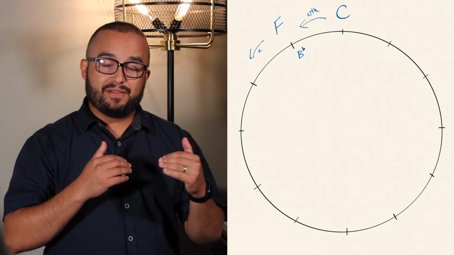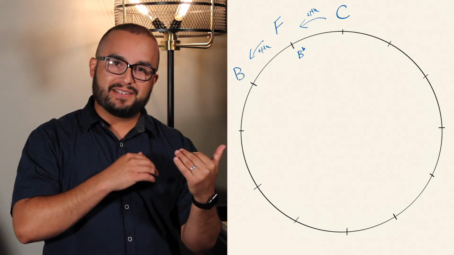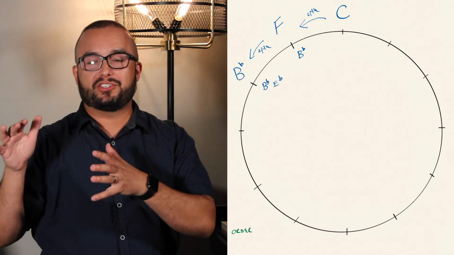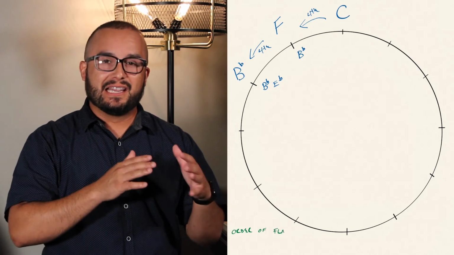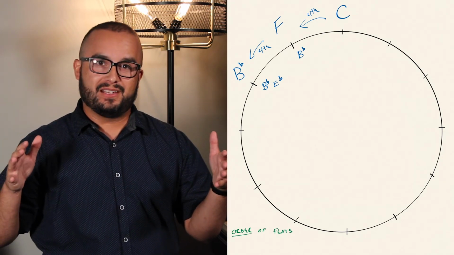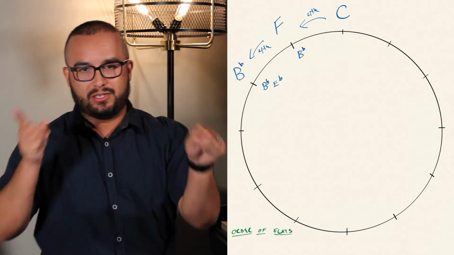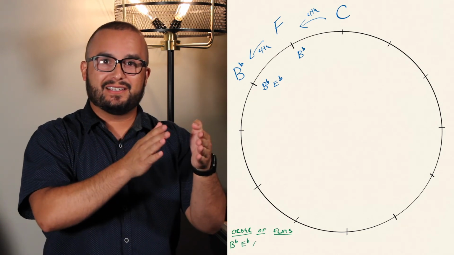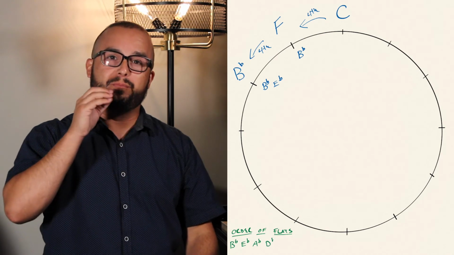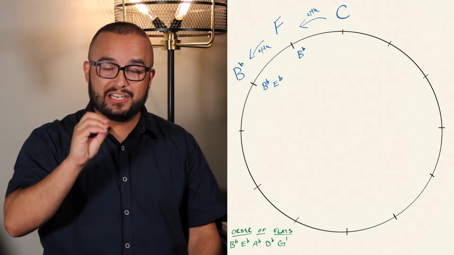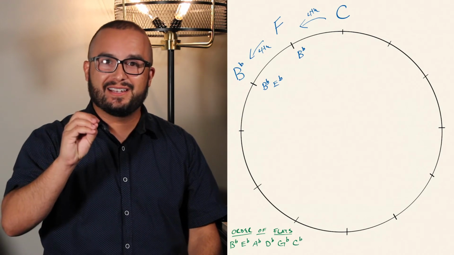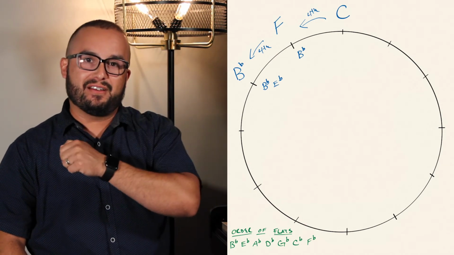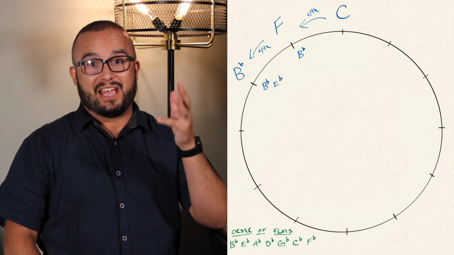The next key, if I move 4 steps from F, would be B flat. B flat will have 2 flats, B flat and E flat. Now, just like we did with the sharps, before we go on to our next flatted key, let's go over what the order of flats would be. The order of flats is the order of sharps in reverse. So we start with B flat, the second flat would be E flat, third would be A flat, the 4th would be D flat, the 5th would be G flat, the 6th would be C flat, and the last one would be F flat. B, E, A, D, G, C, F,